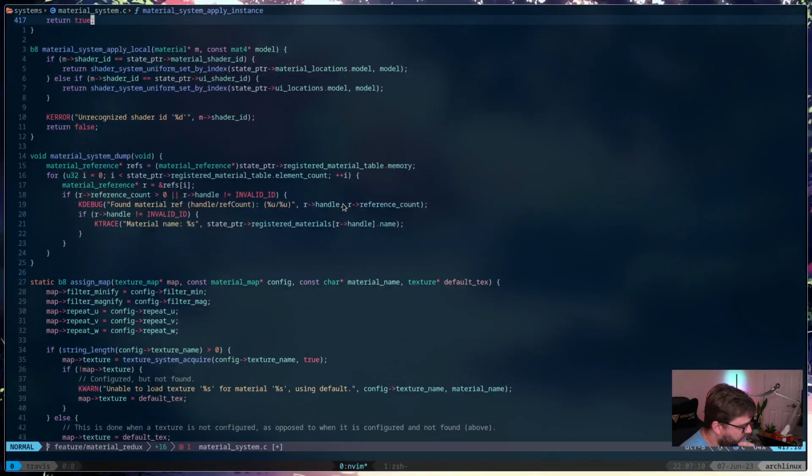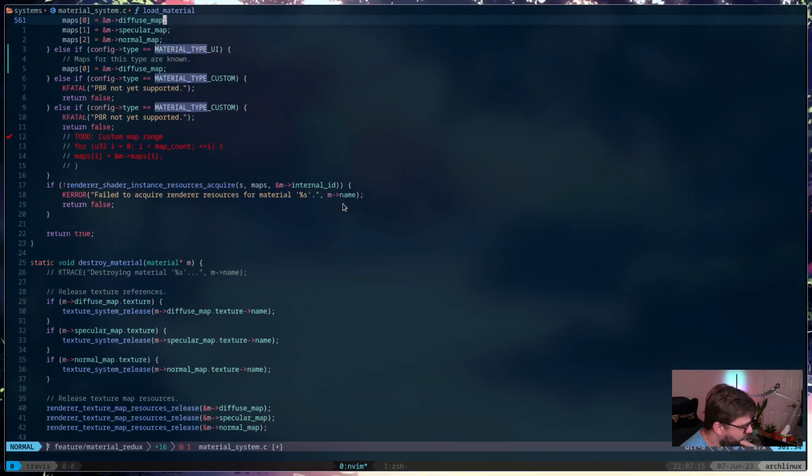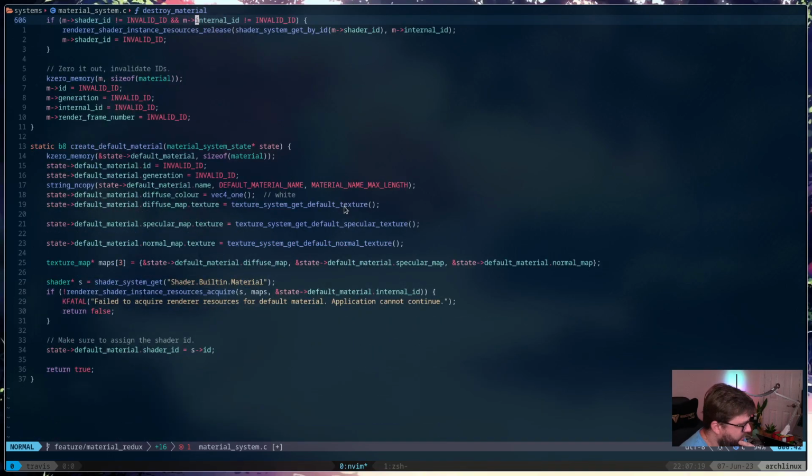I think somewhere in here we actually have the creation of default materials. Destroy material. Create default material. Here we go. So we basically need to do the same thing, but for a UI material.